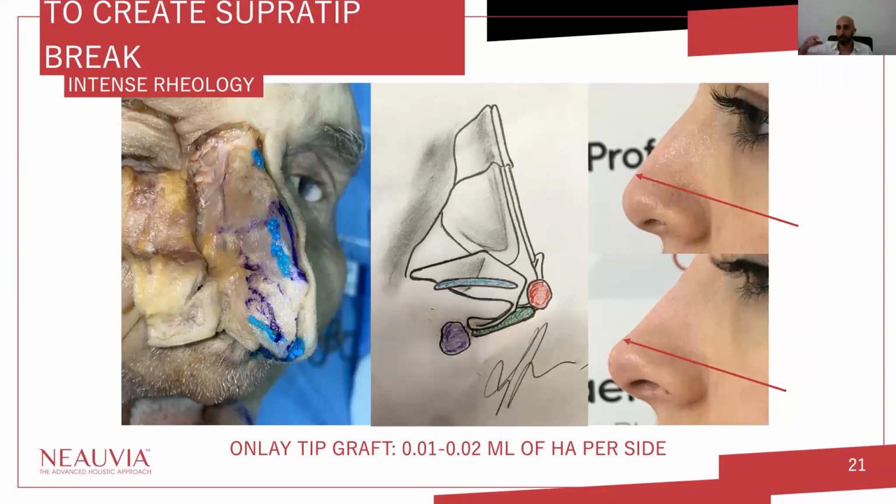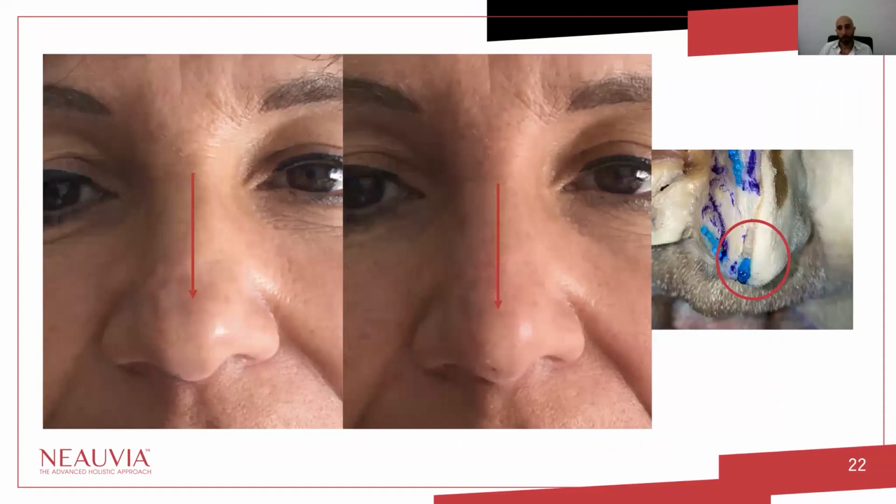because if there's no interruption between the dorsum and the tip of the nose, we have the so-called drooping effect of the tip. If there is a separation between the dorsal area and the tip of the nose, we have the so-called supratip break that gives a really aesthetic advancement. This kind of injection, I mean, just between the two domes, could be really useful also when we have